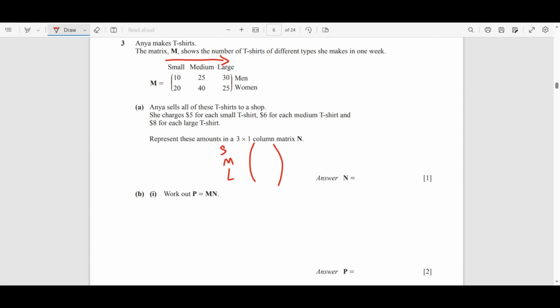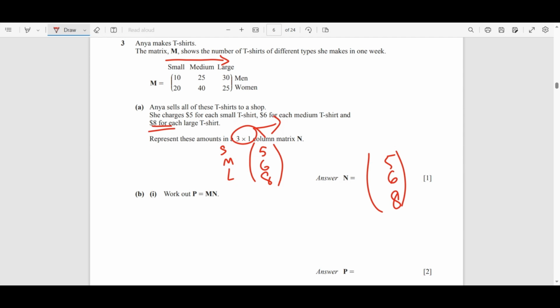First, it's already given, and even if it was not given, I'll tell you how you do it. She charges 5 for small, so I'm going to write 5, and then 6 for medium. Even if it was jumbled up, you will have to arrange it and then write. So this is my answer, right? Now even if this 3 by 1 was not given,